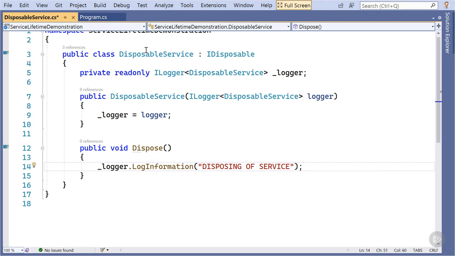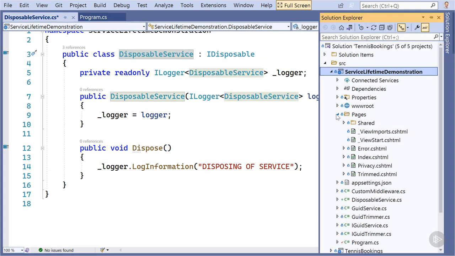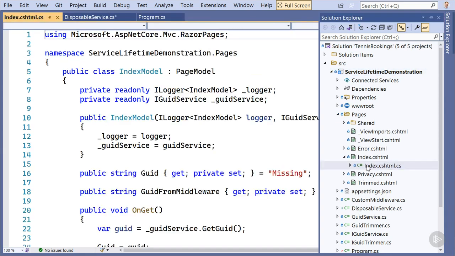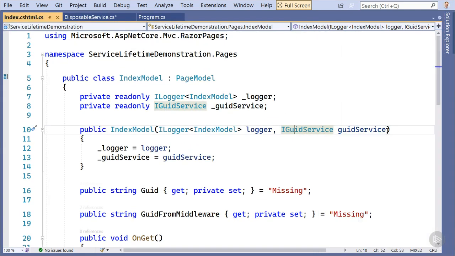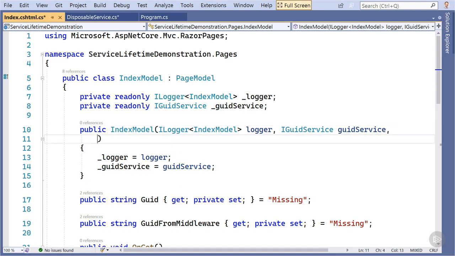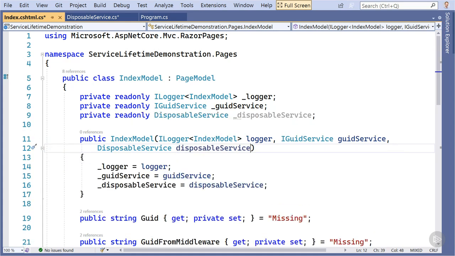We can update the index model for the home page to accept an instance of the DisposableService. I don't have an interface for this, so I'll accept the concrete type. The Microsoft Dependency Injection container can support injecting concrete types, so this is fine. We need to assign this to a private field. We won't actually call any methods on the service, but it will still be injected when the application invokes the